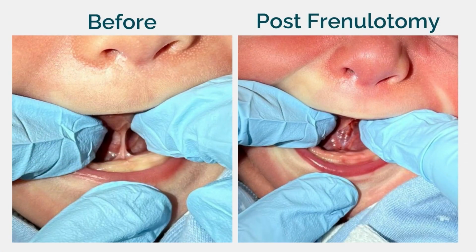This is a really anterior frenulum, and a really thick one, coming from the underside of the tongue right down to the back of the gum. And then on the right hand side there, you can see what happens when that's released. It opens up into a diamond. Now that diamond shape has to repair, and you get sort of like a wet scab over it, so it